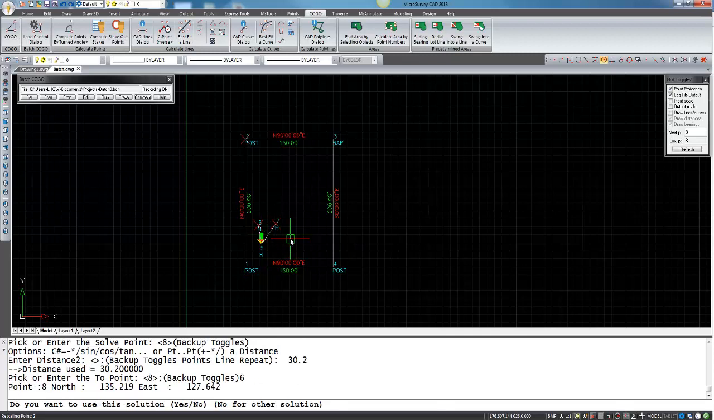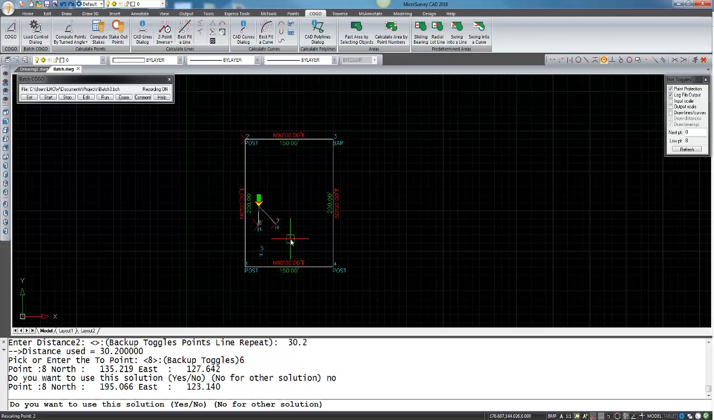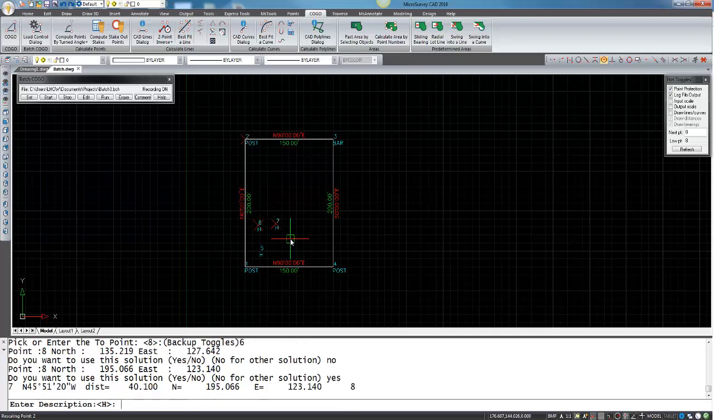And it asks for this first solution, and we want to say no, because that is not where we intended it to be. And it gives us the second solution, which is also not where I'd like it to be placed. I'm just going to say yes for this, and we're just going to